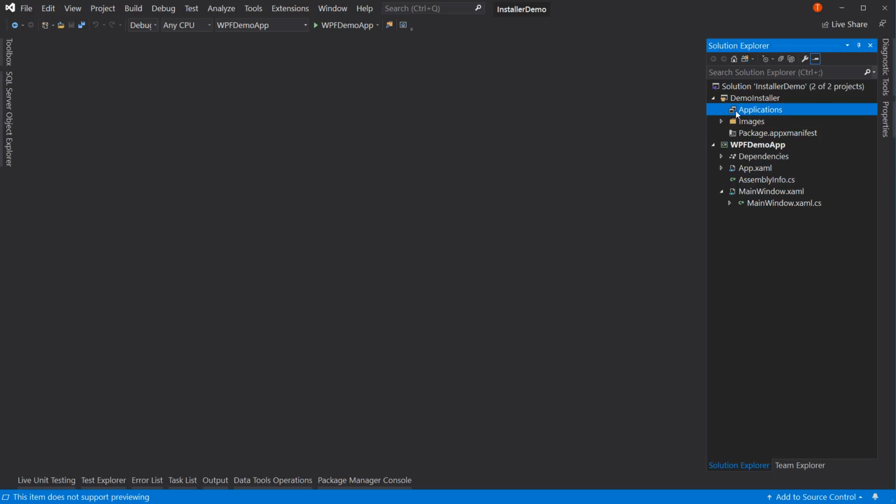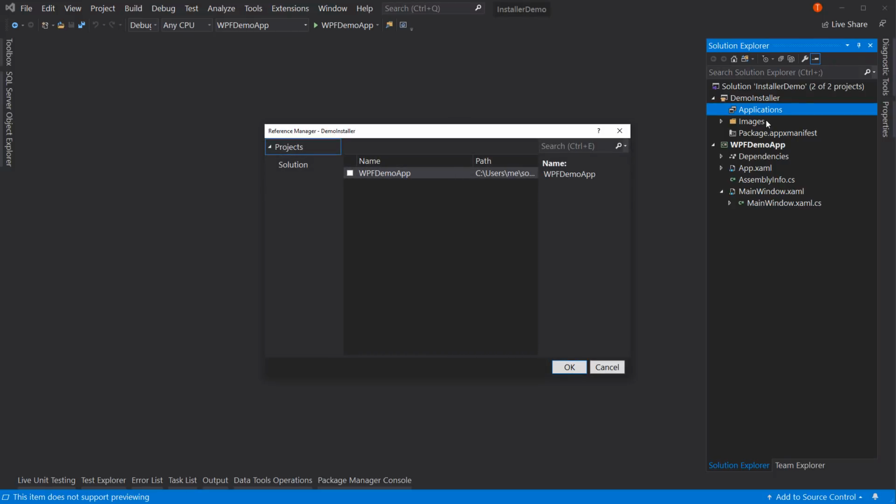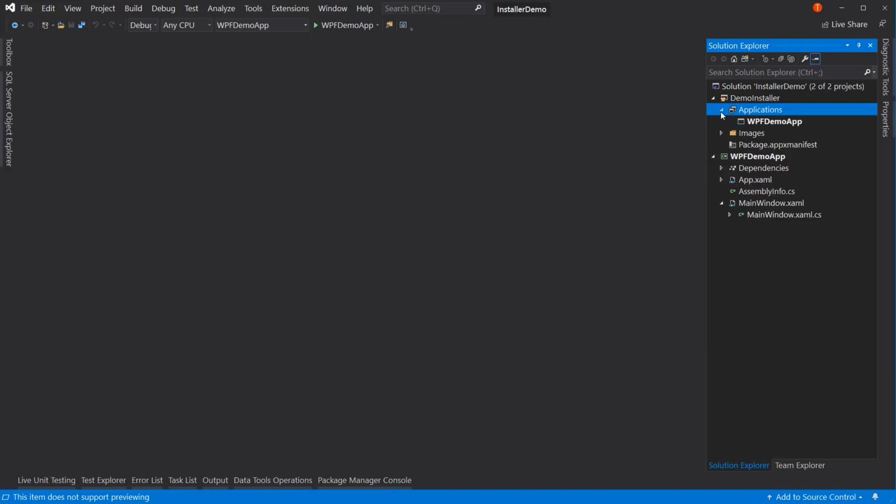And we have its applications here. This is where you say, what application are we deploying? So I'm going to right click on here and say add reference, just like I would if I was referencing a DLL file. Only instead of referencing a DLL file or a class library, instead I'm referencing my user interface project. So if your user interface project, this is ours right here, if that had a reference to a class library project, you don't have to select both. You just select a user interface project. Because when that gets built, it will bring in the class library DLLs if it needs them. So make sure this is the class or the user interface. Hit OK. And so now if we expand this out, you can see that WPF demo app has been included